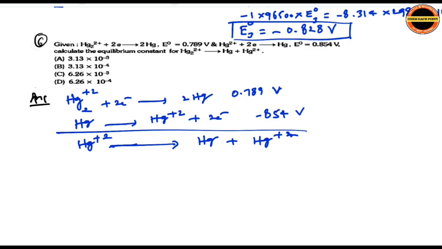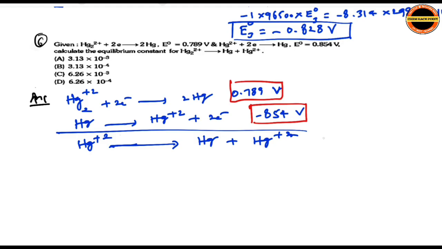So how did we get this reaction? We got this reaction just by adding 1 and 2. Whose value is given? So in total we got equations 1 and 2, and the values you see here: there is a value for the first reaction and a second value here. Whenever both are added,